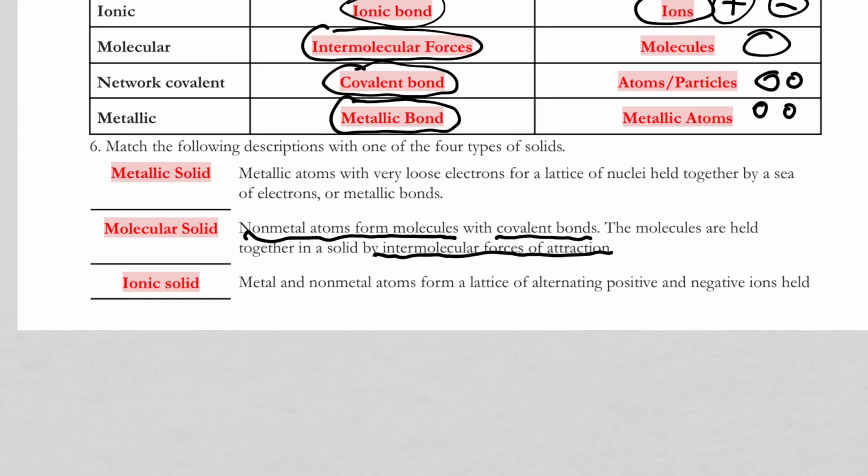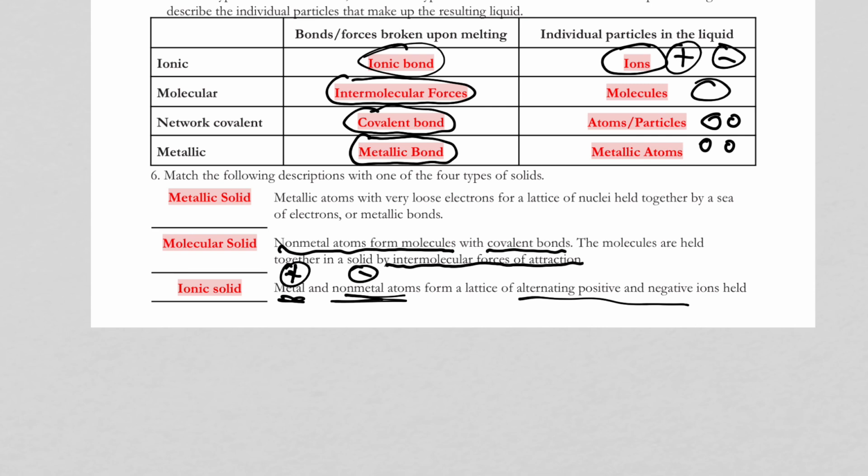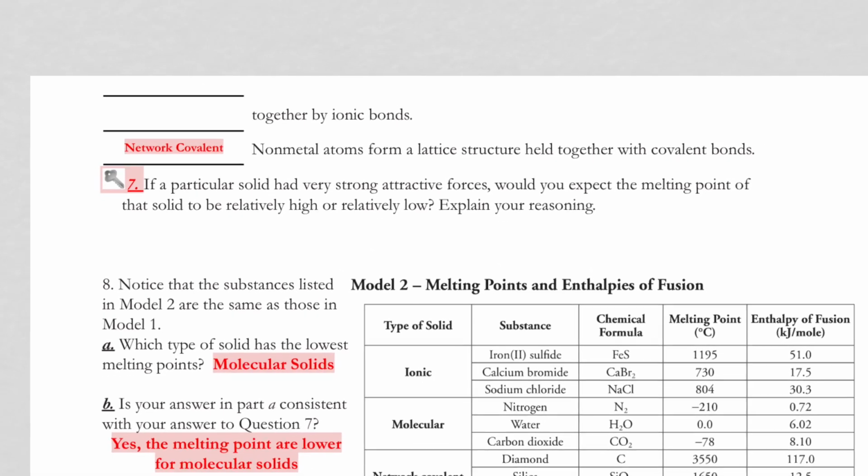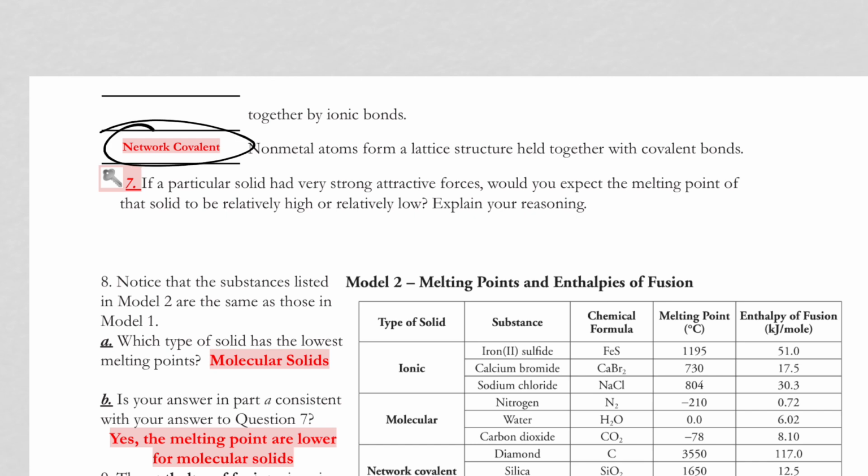Ionic bonds, on the other hand, are pretty straightforward. They are just metal and non-metal atoms. One forms a positive ion and the other forms a negative ion, with alternating positive and negative ions held together by ionic bonds. And last but not least, network covalent solids are usually nonmetals or metalloids that form a lattice structure, usually with some kind of formula units, bonded together by covalent bonds,